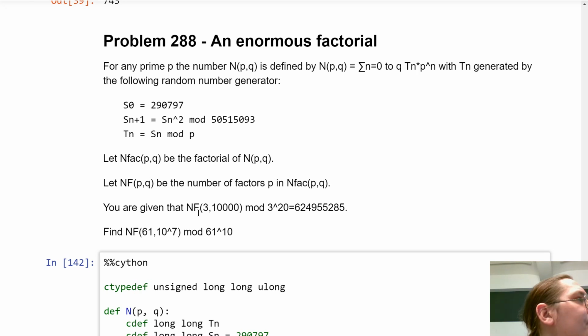That means P to the power of NF, P to the power of Q, would be equal to that factorial. P to the power of NF would be less than, I mean P to the power of this multiplied by the other factors would be equal to the n factorial. So now if we do this mod 3 to the power of 20, we are sure that NF